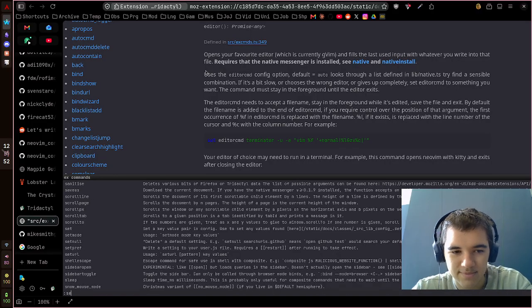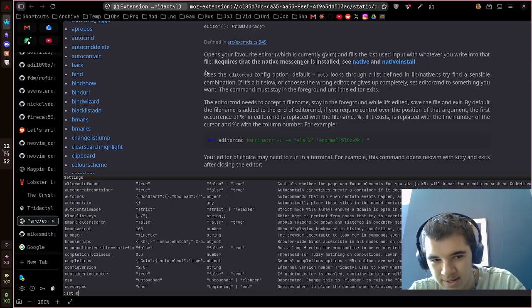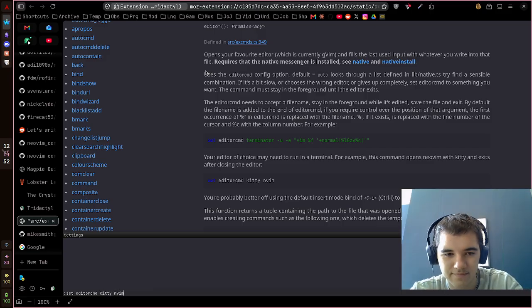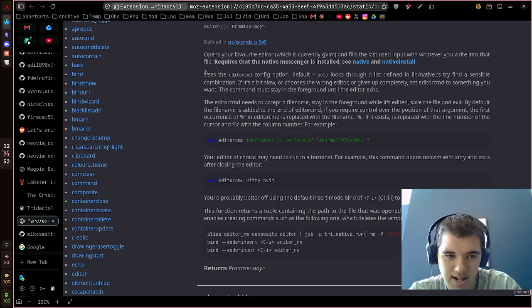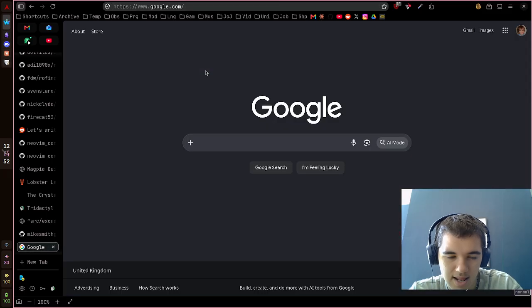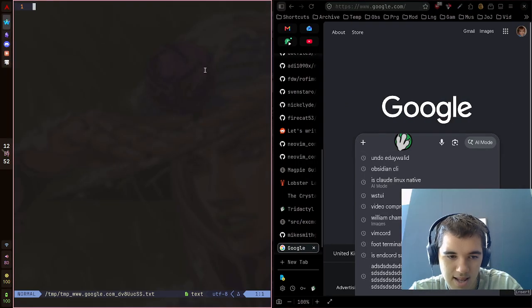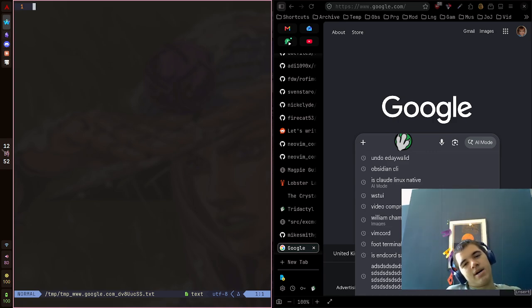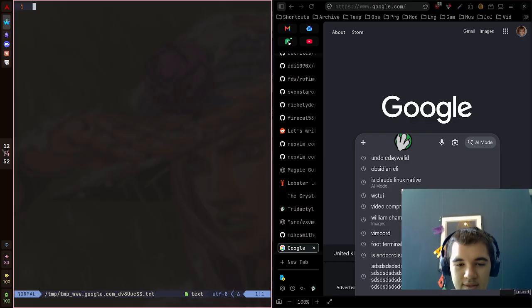Well, okay then. So just set editor cmd to just kitty and vim. Well, it could be worse. But yeah, it gets the job done. It gets the job done. So it means I can type something like, how do I, wait, no, delete that. How do I, wait, go back. How do